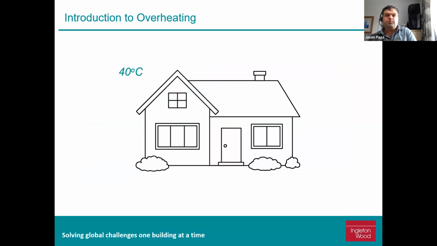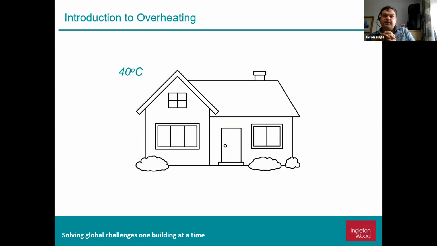But why is this a problem now? Well, traditionally we've designed our buildings to hold on to heat. We all want the free heating as much as we can. We value the solar gains in winter, so we don't have to run our boilers as much. However, for traditional summers where it's hot during the day and cool during the night, we were able to purge most of the heat out of our home.